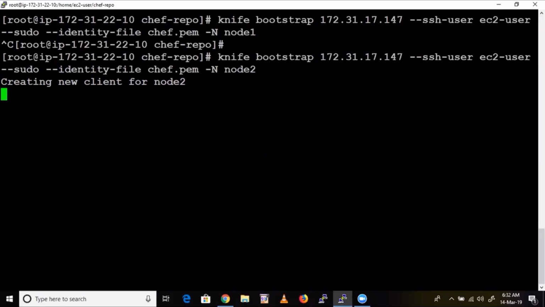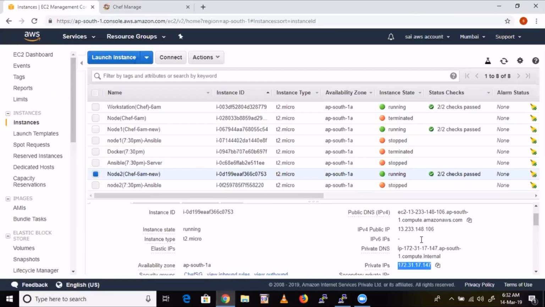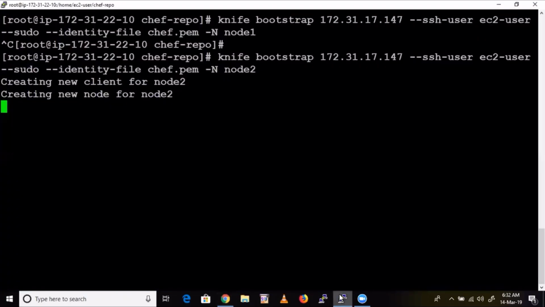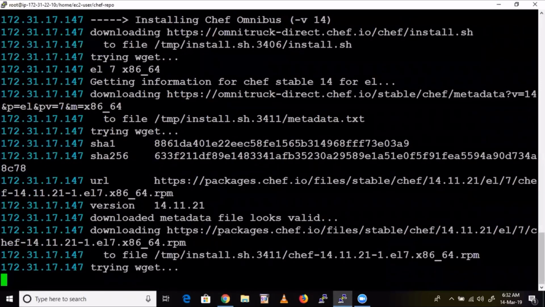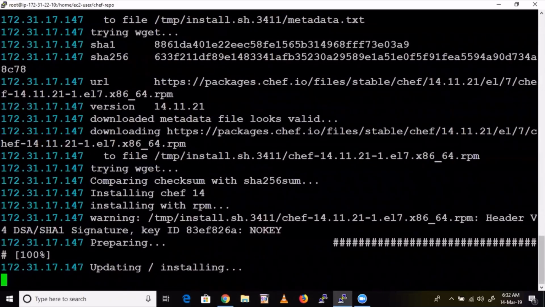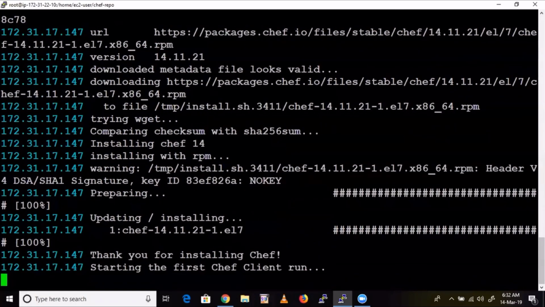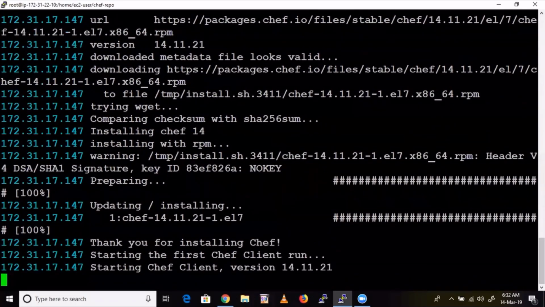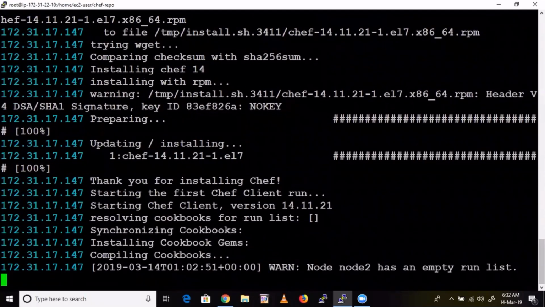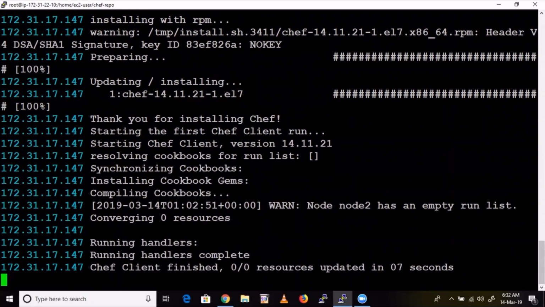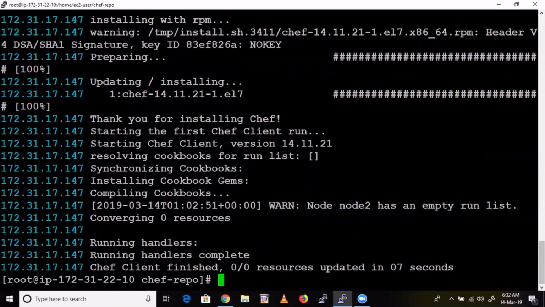Yes, node2, 147. We just need to change the IP as well as the name. That's it. We have bootstrapped these two nodes.